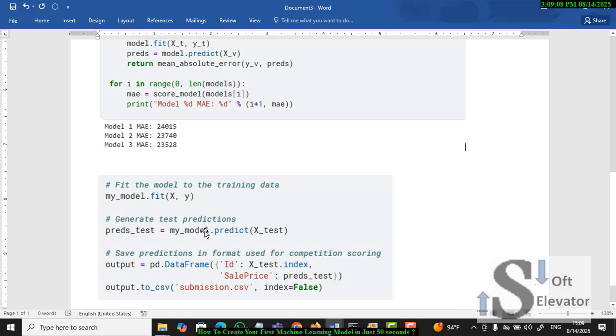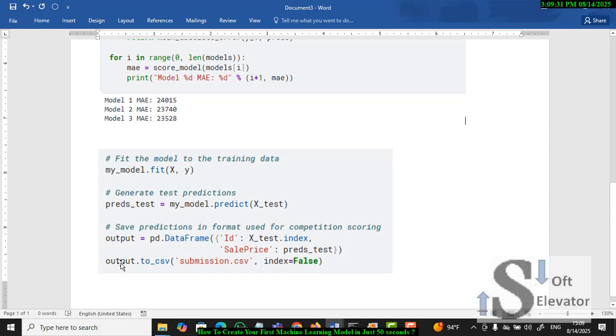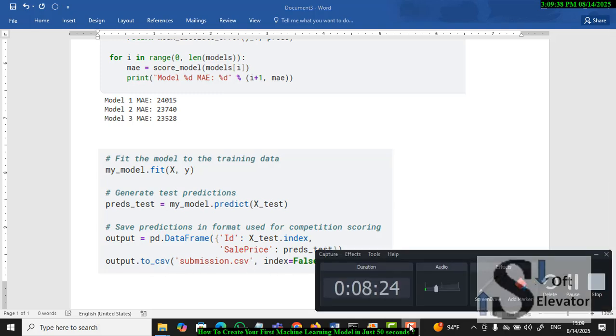Now we will give the output, which is the predictions test. Output equals pd.DataFrame with the X_test index, SalePrice, and the test predictions. This output will go to submission.csv using to_csv. If you have any question, ask and they will reply to you as soon as possible. Thank you for